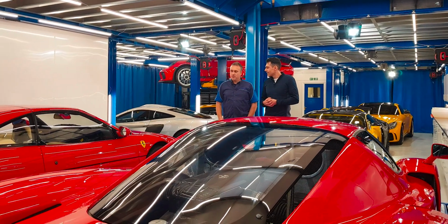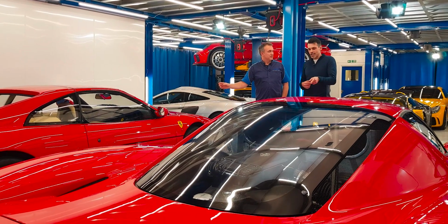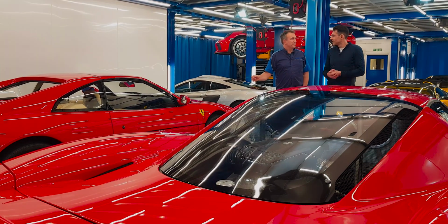Okay. So that one's colour name is Rosso Corsa. So what's that one then, if it's not? I thought an Enzo would be Rosso Corsa as well. They're both Rosso Corsa, but they're not identical shades? No, so...